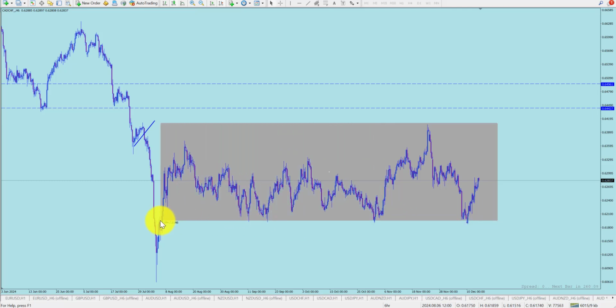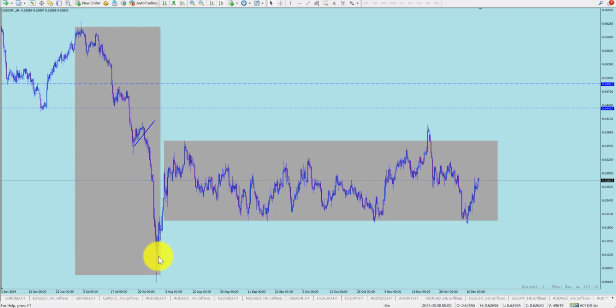If you were using stochastics or RSI, overbought, oversold indicators in your trading, you would love trading this chart right here. This is the overbought, oversold indicator trader's dream. The swing trader's dream. The MACD trader's dream. They love this stuff. It's perfect. This over here, not so much. Over here, no, they don't like that so much. But this right here, oh yeah.